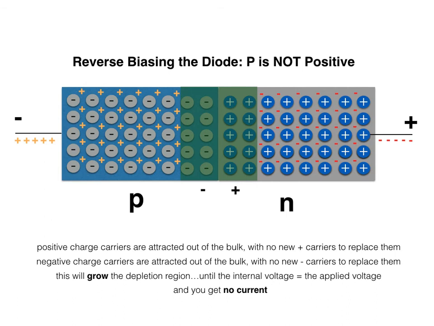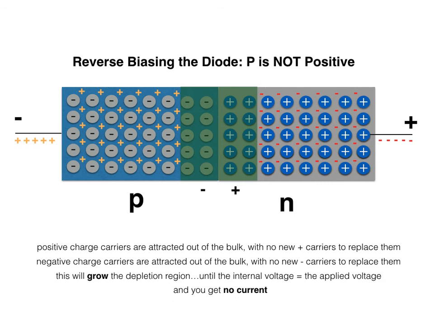And if you think about it this way, if you apply a voltage in this reverse bias mode, the depletion region is eventually going to grow to the point where that internal field is equal to the external field, and then no current will flow. The way I like to think about this is it's sort of like you're pulling opposite ends of a spring. You're trying to pull positive charges out without replacing them, and you're pulling them one way. You're trying to pull negative charges out without replacing them. Positives and negatives want to pull towards each other, and so eventually, if you're trying to pull them apart, they're going to pull back to the point where you cannot pull any further, and you reach a stasis point,